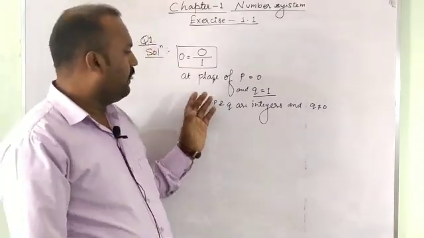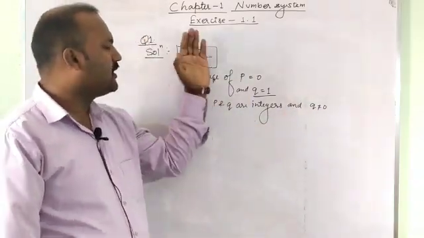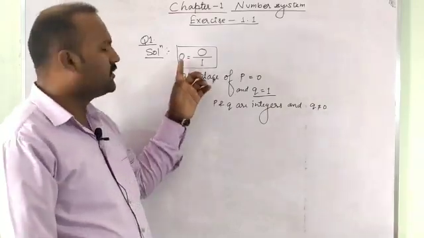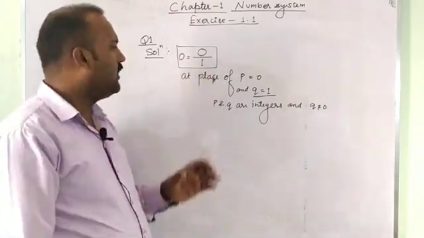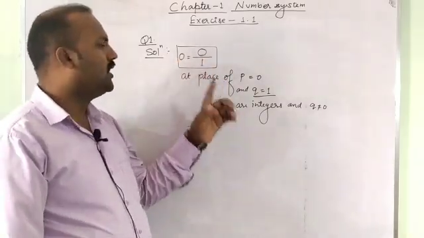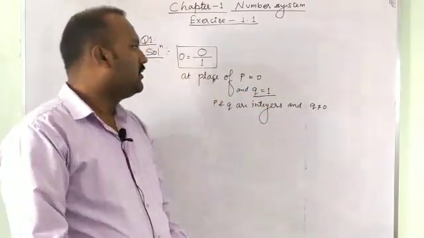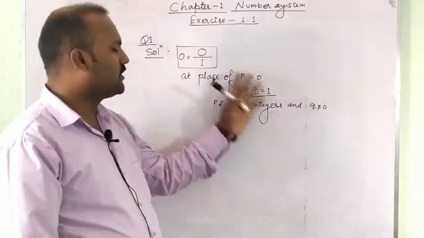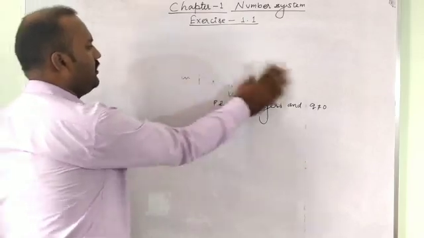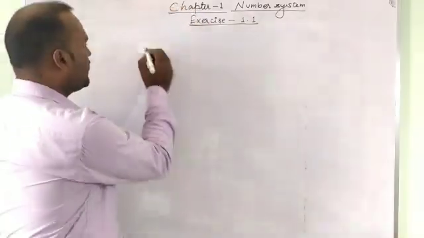So students, see, this 0 follows the definition of the rational number. It means we can say that 0 is a rational number, and we also verified that we can write it as p by q, where p and q both are integers and q is not equal to 0. In this way, the solution of this question is completed. Now the second question, question number 2.